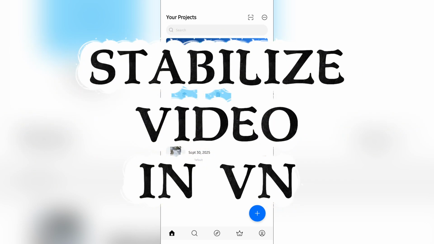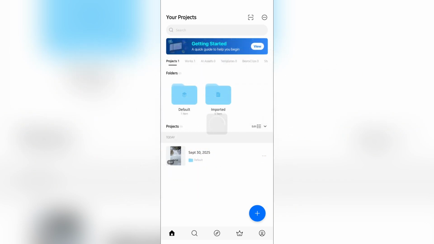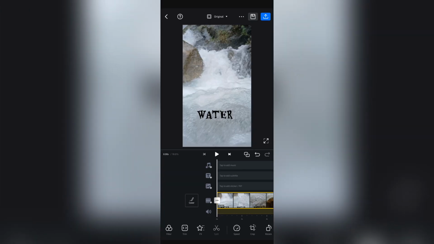How to stabilize video in VN Video Editor. Now in order to do this, just simply open your video which you would like to edit into the VN Video Editor. And after opening the video which you would like to stabilize, one thing that you need to remember